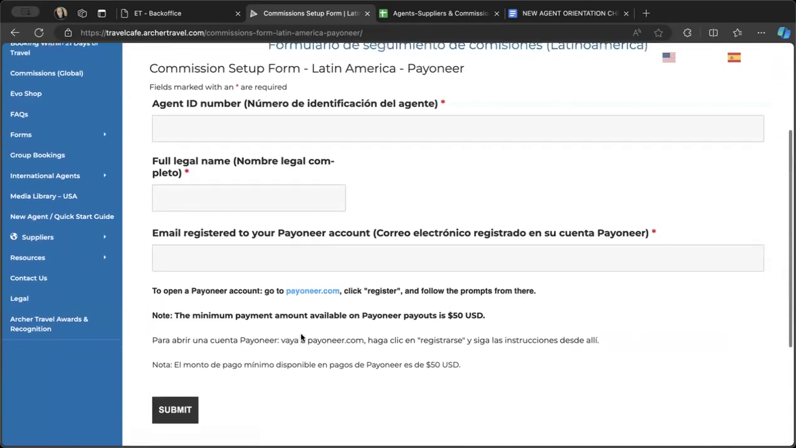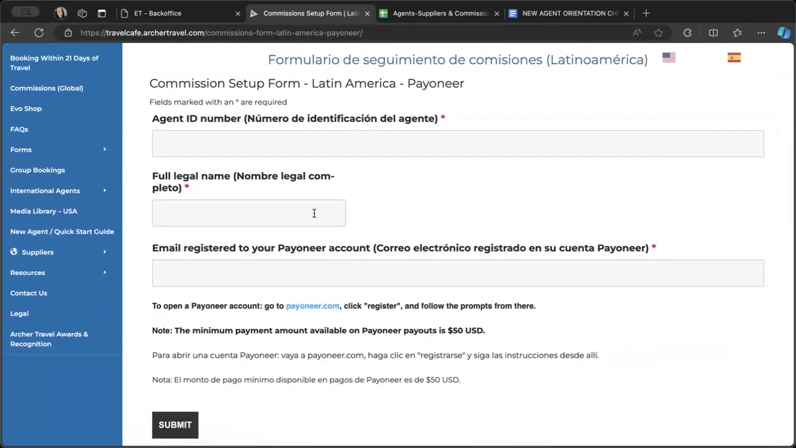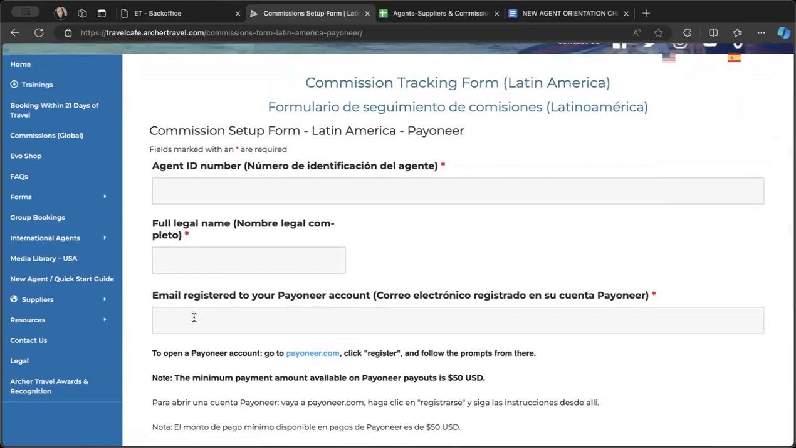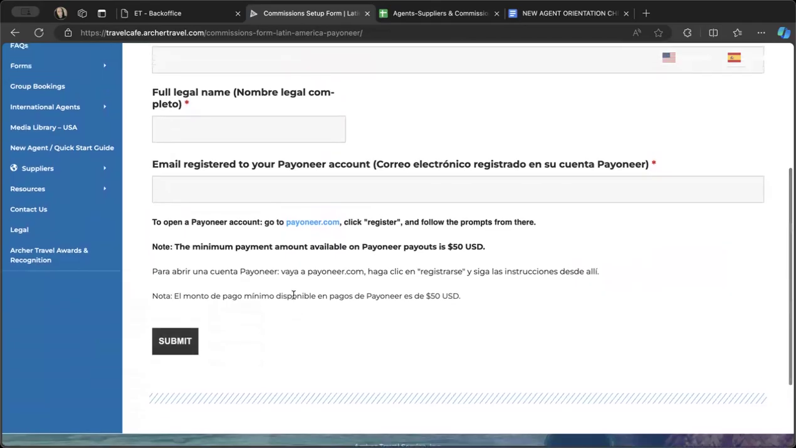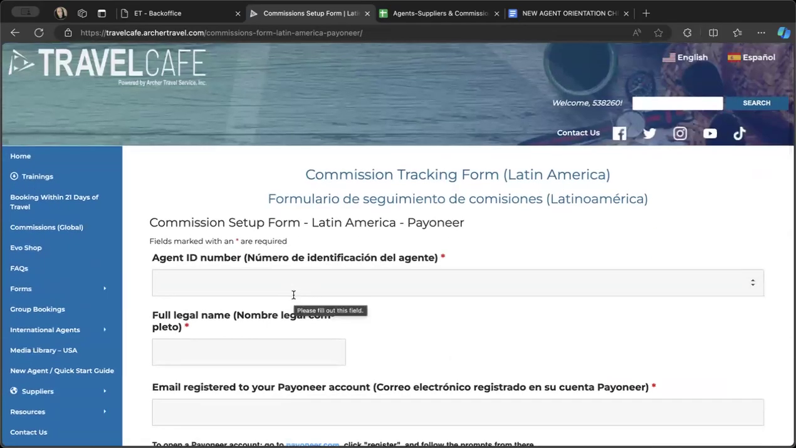Okay. So all you have to do is, of course, pause this video if you don't have a Pioneer account, register with them, and then you're going to put the email for the account that has your Pioneer, your full legal name, and then your agent ID, and then click submit. That's all you have to do. It's pretty easy. All right. So once you get that